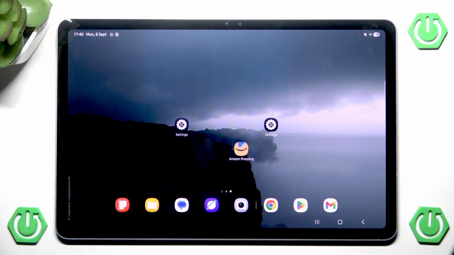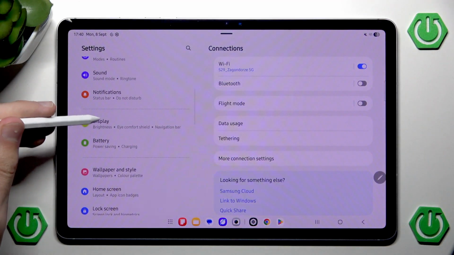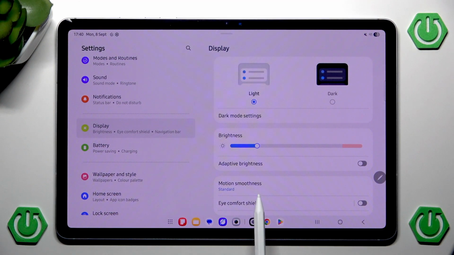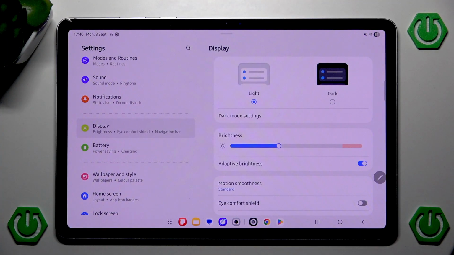So, first of all, let's simply check if we have our auto brightness enabled. We can do that by heading into the settings, then scrolling down into display, and then just enabling the adaptive brightness, because as you can see, I have mine disabled. And just simply enabling it, or disabling and then enabling it once again, should help with any kind of auto brightness related issues. However, if it's not helping for whatever reason, you also probably want to check if you don't